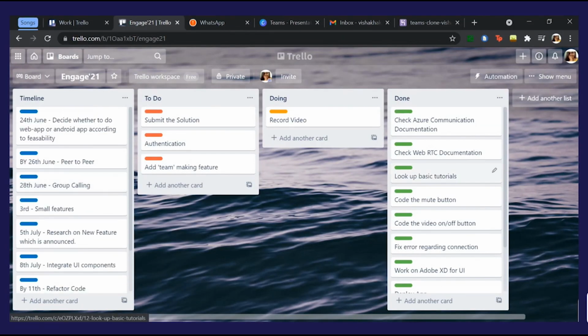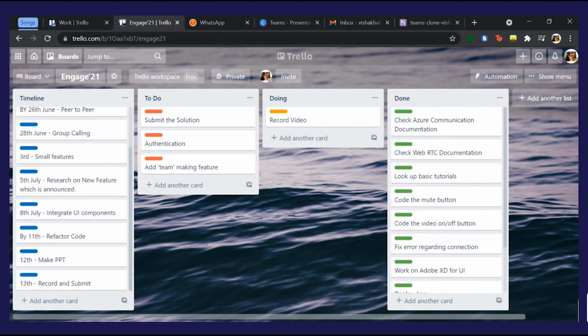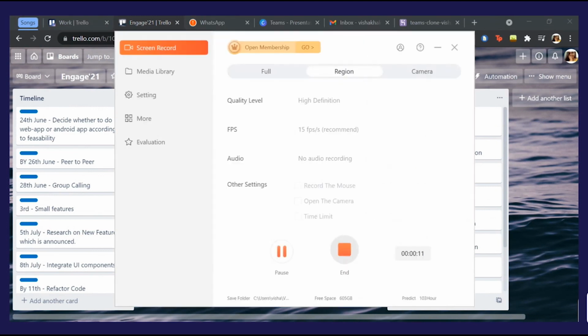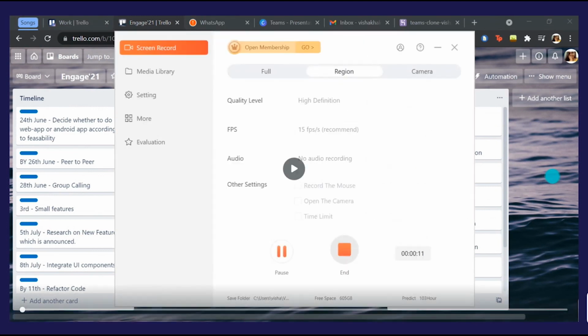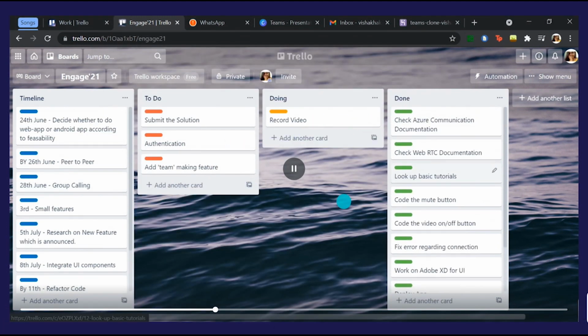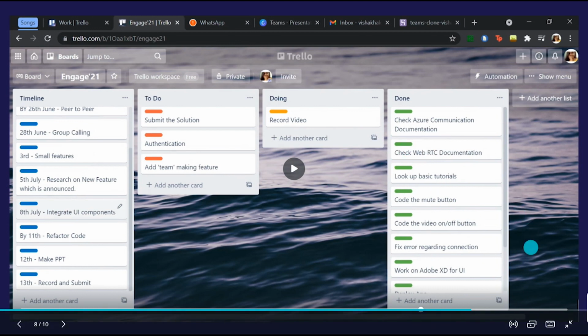So this is the Trello page, as I said before. I used it throughout the whole project. Since the beginning, when I got to know about the project, I made a list of timelines, and you can see here a list of timelines and to do, doing and done. It helped me stay really organized, and I had given myself some deadlines in it, and every time I was done it was like a sense of achievement. So this is a Kanban board which I followed.